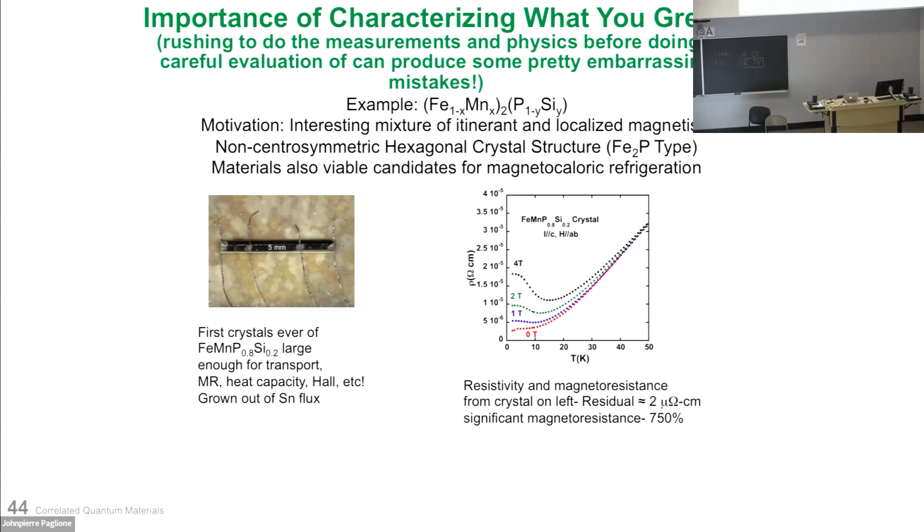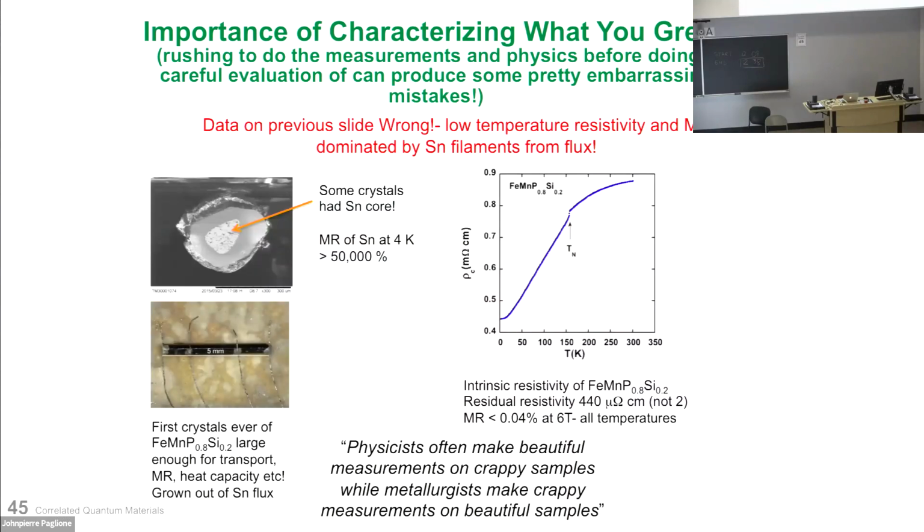If you apply a magnetic field, you get a really large magnetoresistance. So, according to this data, the residual resistivity is 2 microohm-centimeters, and there's a 750% magnetoresistance effect. However, if you look at this more closely and actually polish the end of this crystal, you